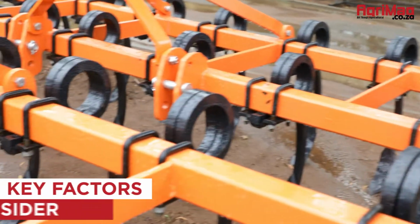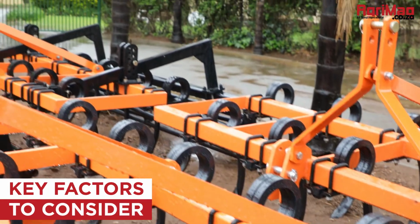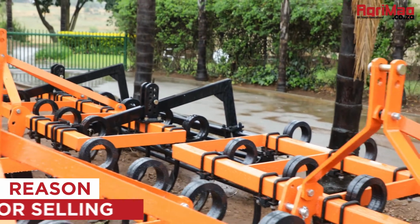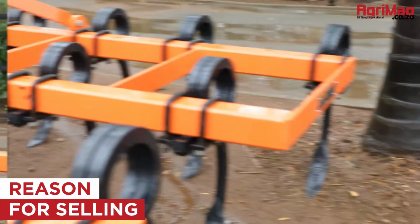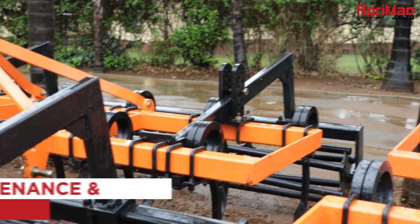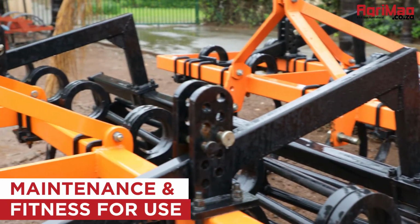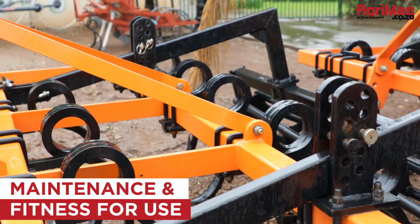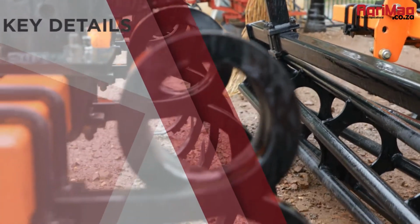When it comes to providing a detailed description of the unit, sellers should include the following in their product listing descriptions. Explain the reason for the sale of the coil tyne tiller. Provide information regarding its past working life. Detail its current working condition with reference to